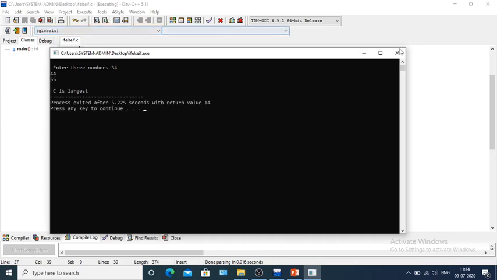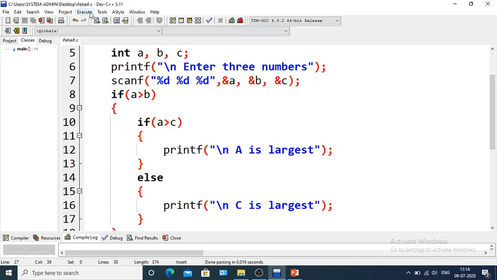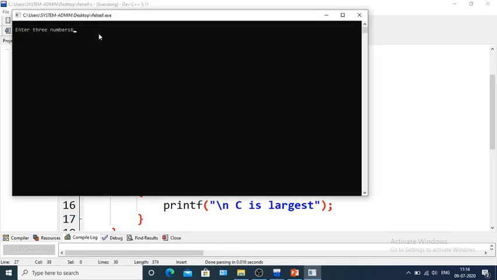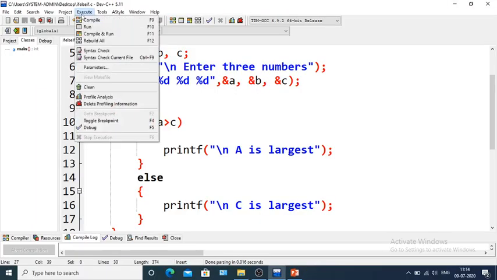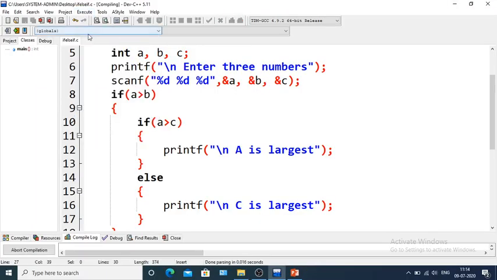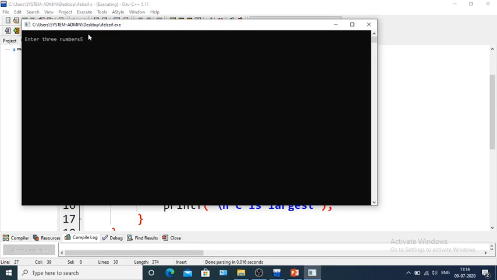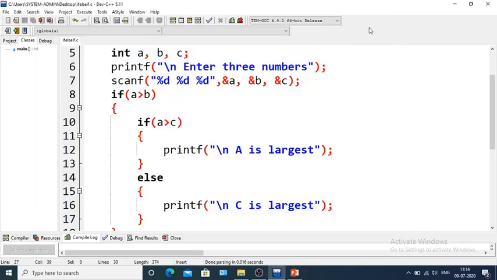So c is the largest. 36, 4, 3. a is largest. Then I am executing also 5, 7, 6. b is largest. Okay. So all the three are found as largest.